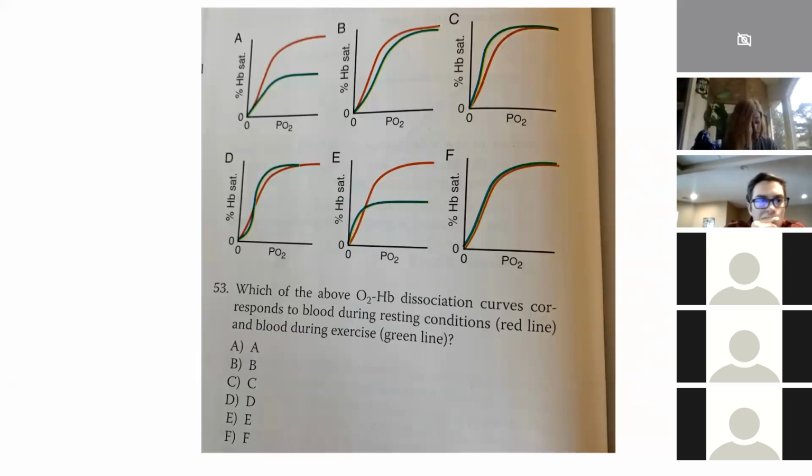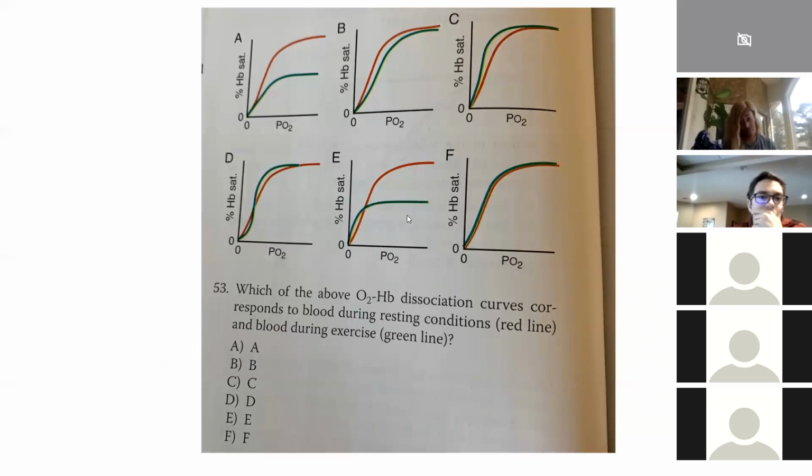B. Okay, somebody says B, great. Let me go through the answer here. In some of these green ones, here and here, there is for some reason decreased saturation in the presence of maximal oxygen levels, so these ones don't really make sense in the context of a normal person. The implication in these two is that there's something wrong with the loading function of the hemoglobin, perhaps they have anemia or something like that. So the best ones are these options over here.